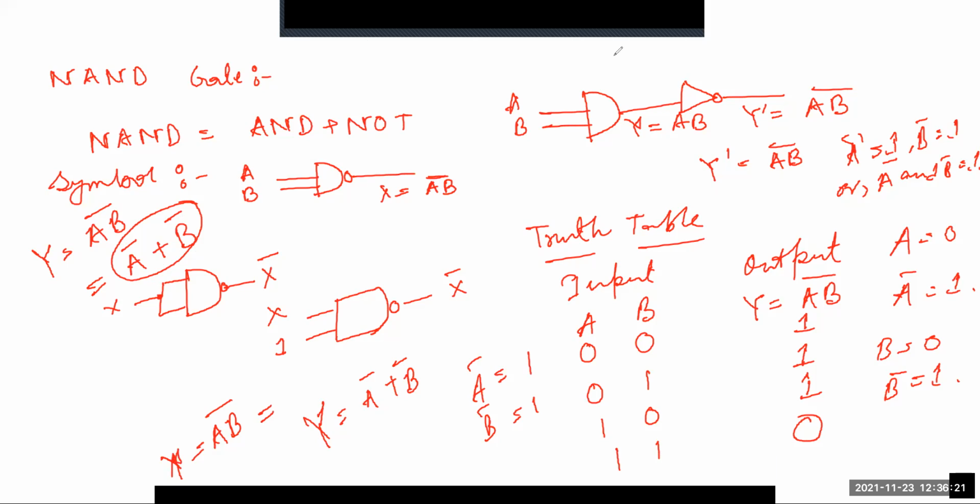Just 1 minute. I think in the later part I will discuss Boolean algebra. In that case we will discuss these things. There are some properties, and with the help of these properties you can easily understand how it is coming. Okay, Anuj, I will discuss these things in the next class, because we have a lot of topics at this moment for discussion.